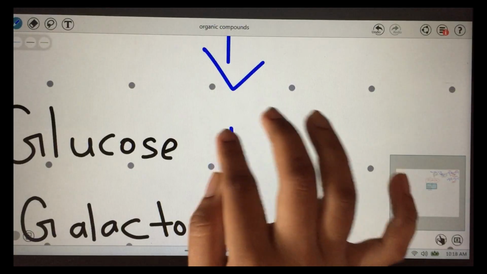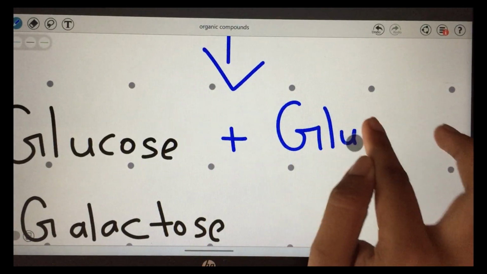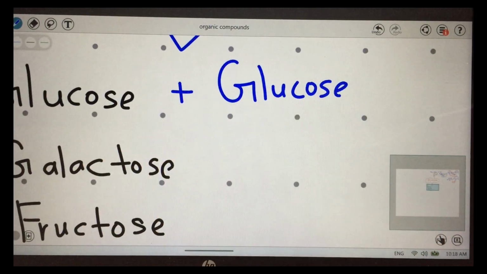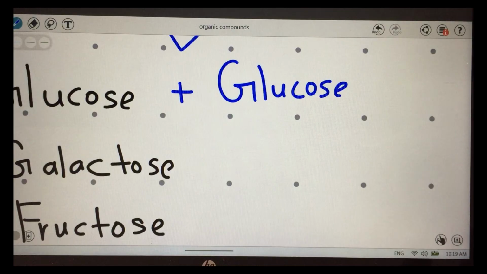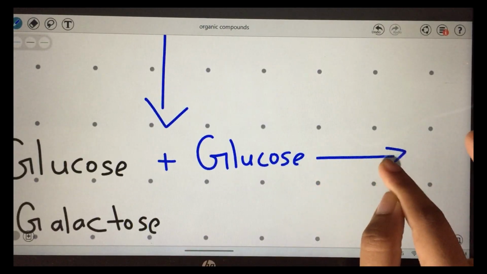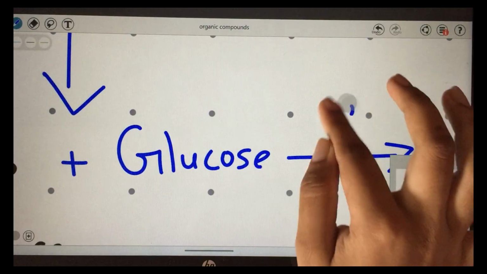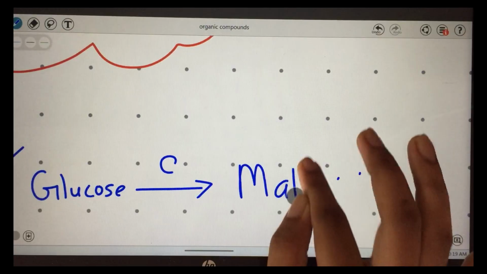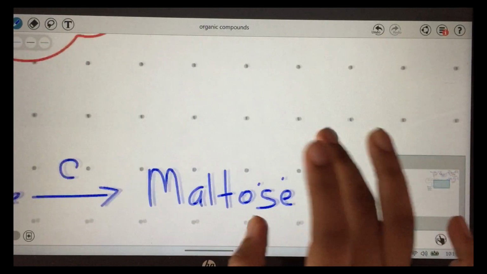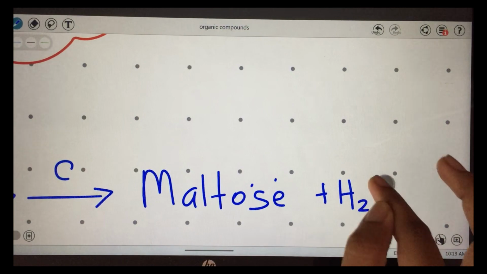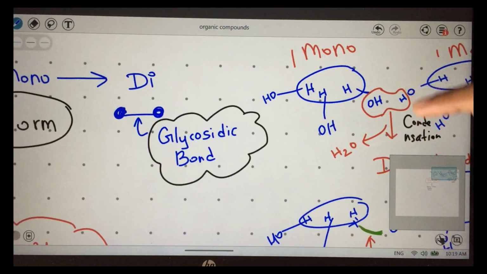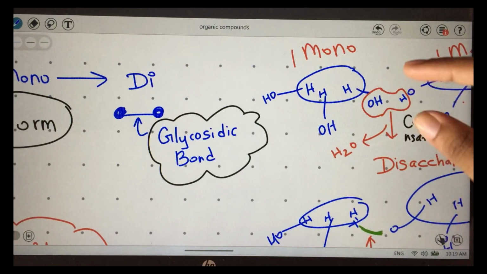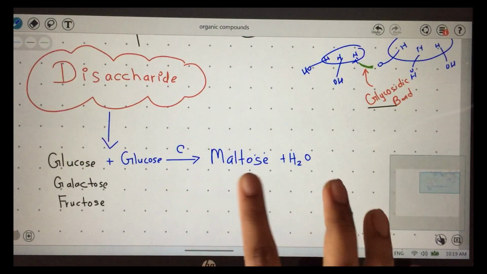Now glucose, when it binds with another glucose, now what are the combinations? Only a glucose molecule is going to bind with another glucose only. It can't bind with some other thing. Only a glucose and a glucose together. What are they going to undergo? Condensation. I'll just put C here, okay? C means condensation. And what are they going to form? Maltose. Now when you write the equation, you put water as a product. Why do you put water as a product? Why? I told you here. When condensation happens, water and disaccharide are the results. Okay, water and disaccharides are the results of condensation. Here also, condensation, maltose and water.